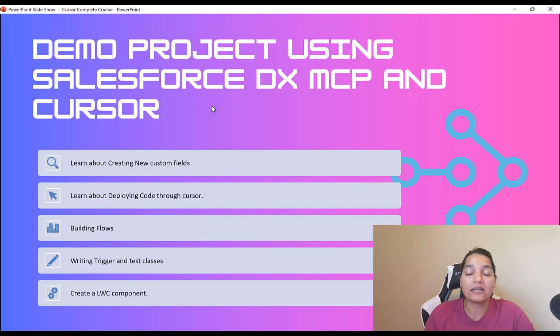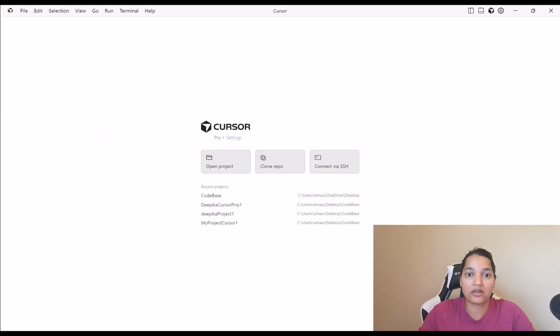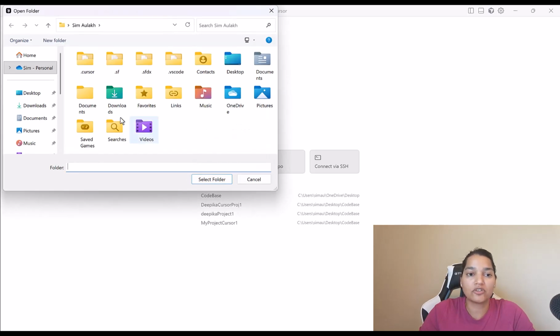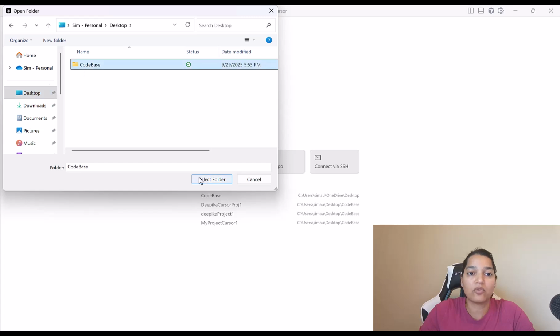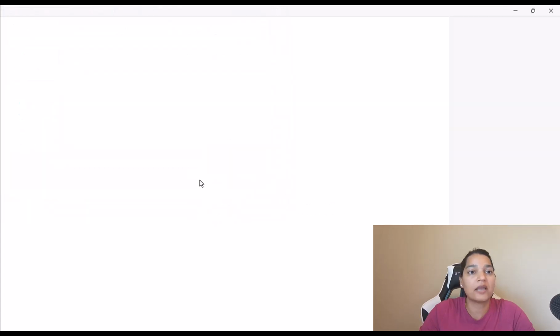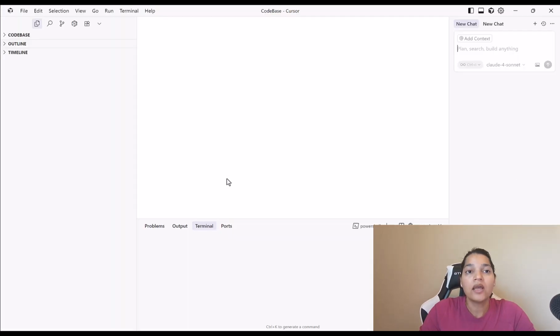And the most important thing is I'm inside of my Cursor here. When you log in for the first time, this is the window you might see. So here I'm going to click on Open Project, and the folder I want to open is available on the desktop, an empty folder pretty much. Okay. Now, if you have already created a project inside of this, you can skip this lecture, but if you have not, then you can follow the instructions that I'm showing you, and we will have